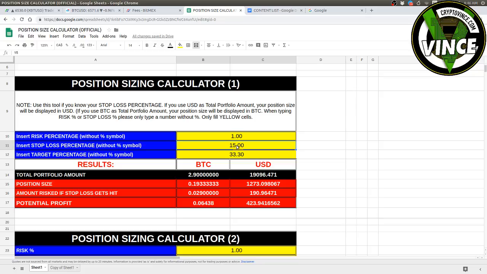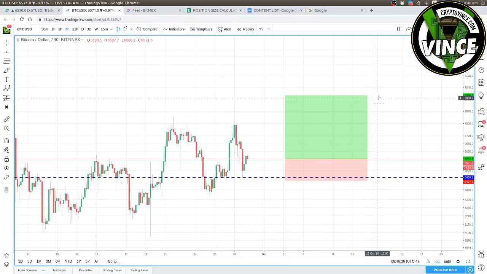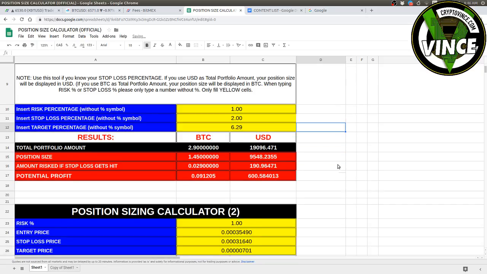I go here, so 2% stop loss, and my target will be, in this case, what is it? Sorry, 6.29%. Okay, 6.29%. Okay, so by this calculation, my total portfolio amount, in this case, for this position, my position size will be